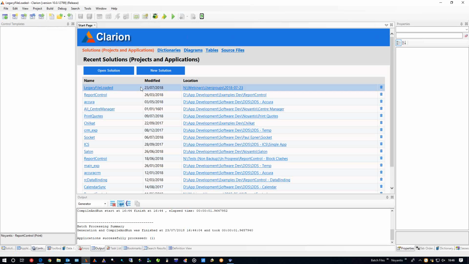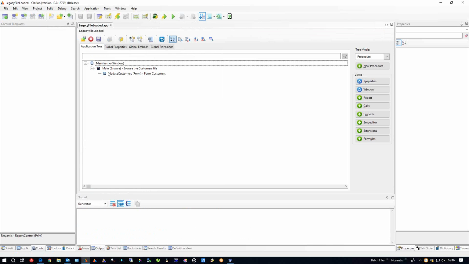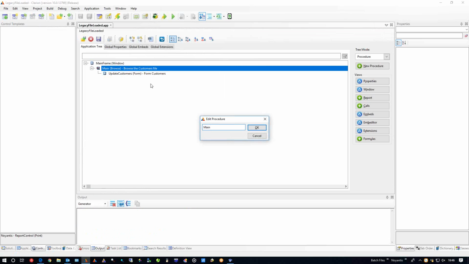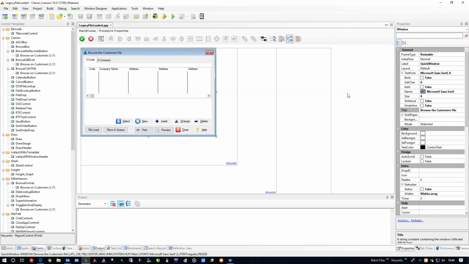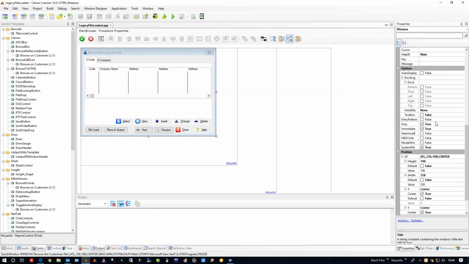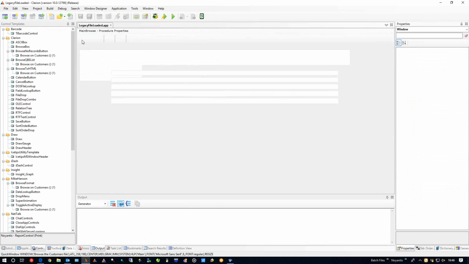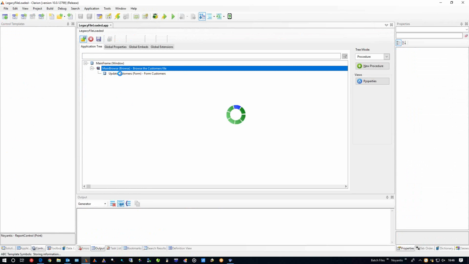Okay, let's just take a quick look. Just got that main browse. Shouldn't make any difference with us calling it, but I just want to put it in what we would consider a traditional app.